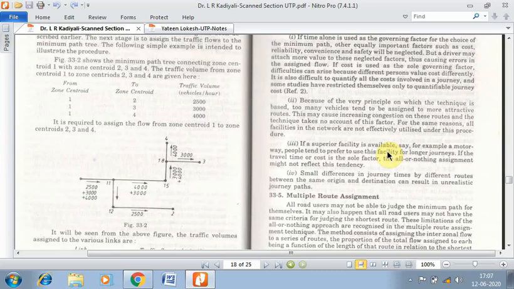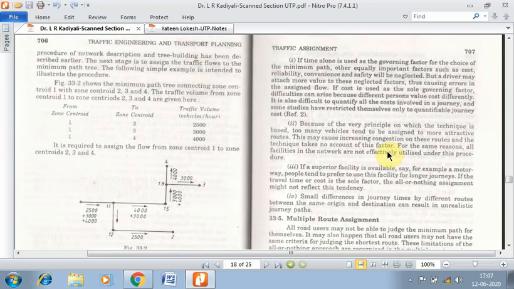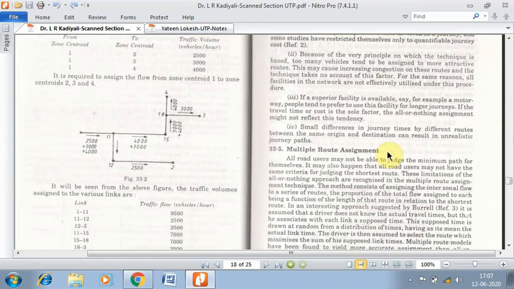So those kinds of unrealistic journey paths and allocation of journey paths might be seen in this all or nothing technique. I think most of us might have come across this kind of situation wherein you are using Google Maps and you want to reach some destination very nearby, but since you are new to the place, you are dependent on the map, and when the map starts showing the streets and the route, finally when you reach the destination, it is observed that it was very near to you, but you felt as if you had traveled a very long distance, spending a lot of time and money.